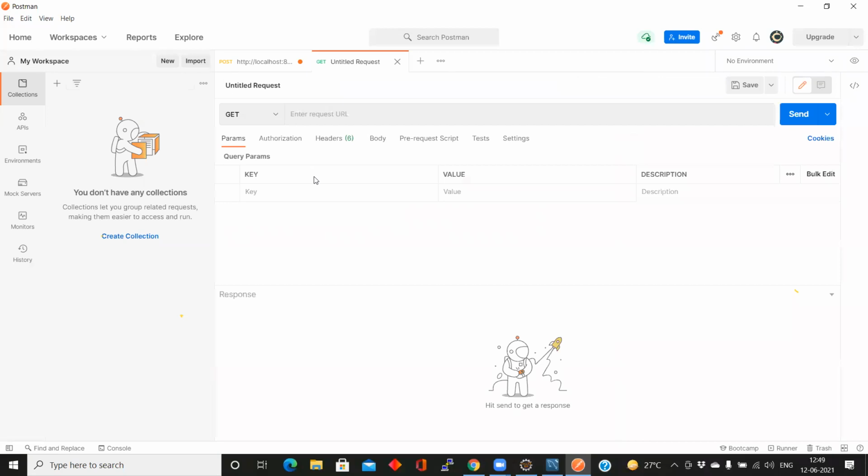HTTP requests, and here someone is asking, sir, what is this method? Request mapping, get mapping, these are the methods. When you access from API calling, all these methods are there. These are the HTTP methods. A few methods we should be familiar with, like the get method. When you are getting the data, you will write get mapping. Next is post, if you want to store data. Okay, that is a post.